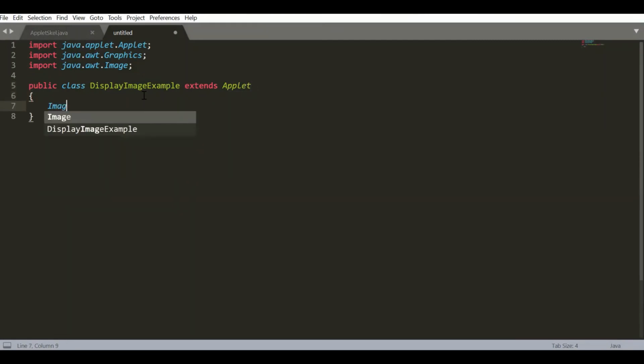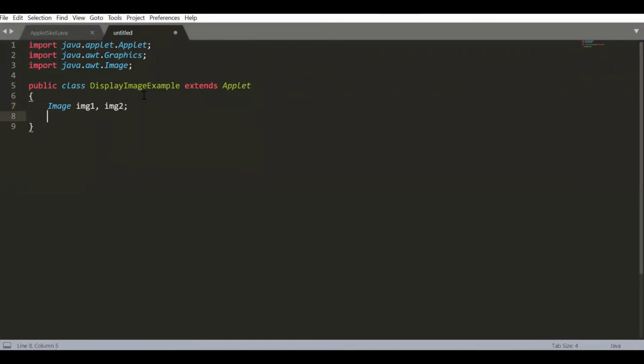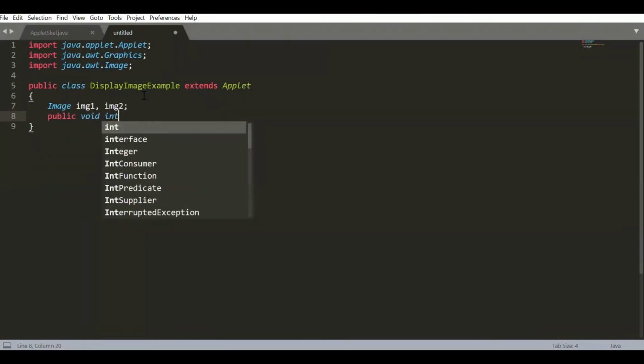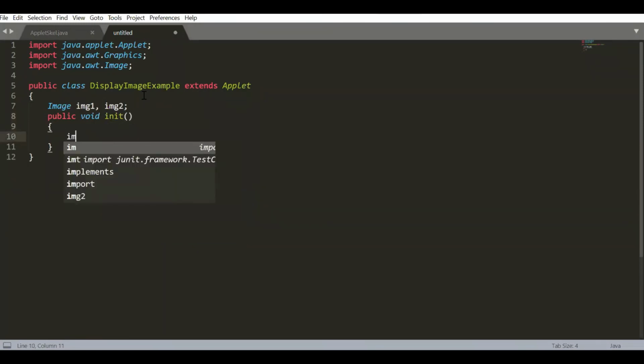We'll display two images by using this class as image1 and image2. Load the first image by the getImage method, and the actual path from getting the document base.